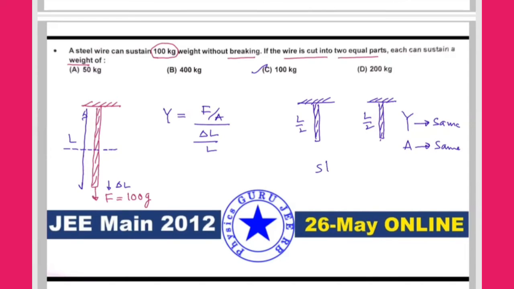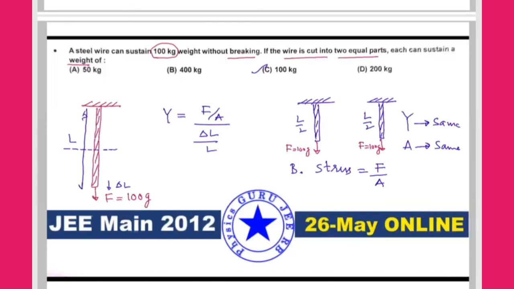Now stress, breaking stress, is equal to force divided by area, right? The same force is applied here. We are applying the same force, so the same weights. Here also the same weights, F is equal to 100 grams. Here also 100 g, here also 100 g. And area of cross section is the same, so there is no change in this one. So it can withstand because it is not depending on the length of it. Hope this is clear. So 100 kg.